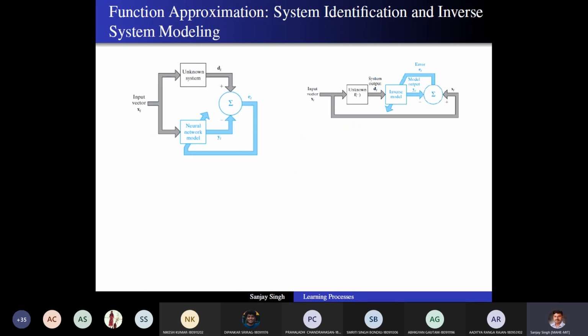There is also something called system identification. When I say system identification, this is nothing but your function approximation problem only. Here you have an input vector, and this is an unknown system, meaning f is there but you don't know it. The only thing you know is that for the set of x, this is the desired value. Corresponding to that, you design a neural network, though you don't have any idea about the system. So you make some rough guess based on the